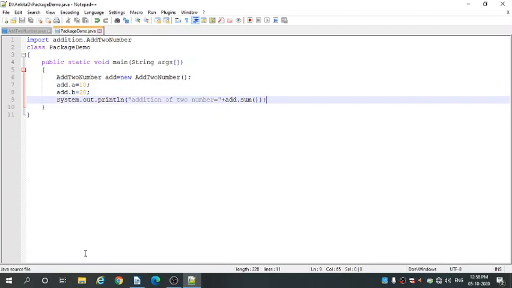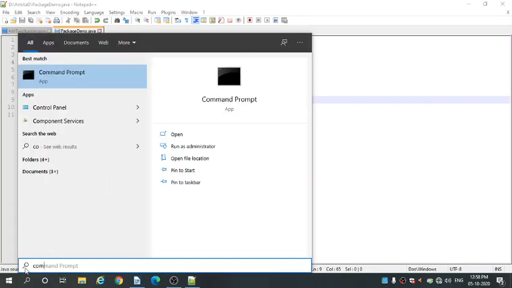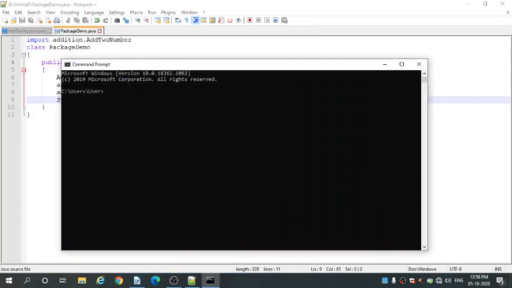Okay, so to execute this program open command prompt, D drive, your folder name, and the compilation command is javac PackageDemo.java, that is the program name. Okay, and press enter.